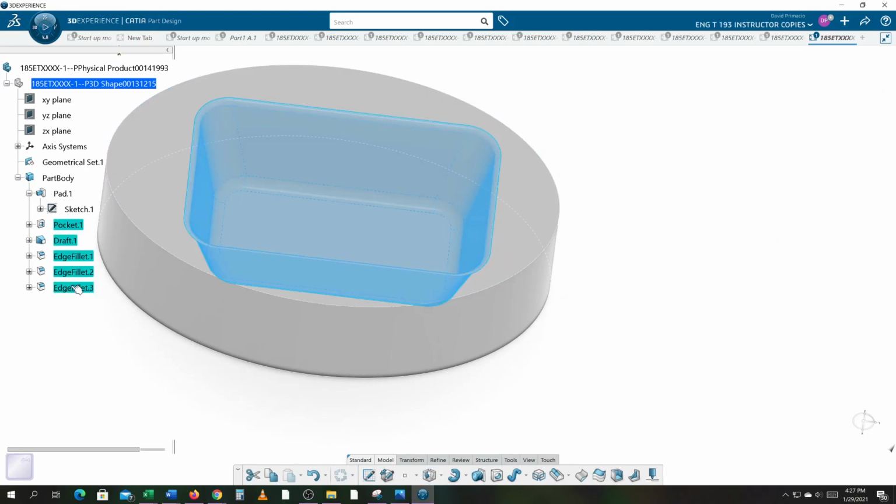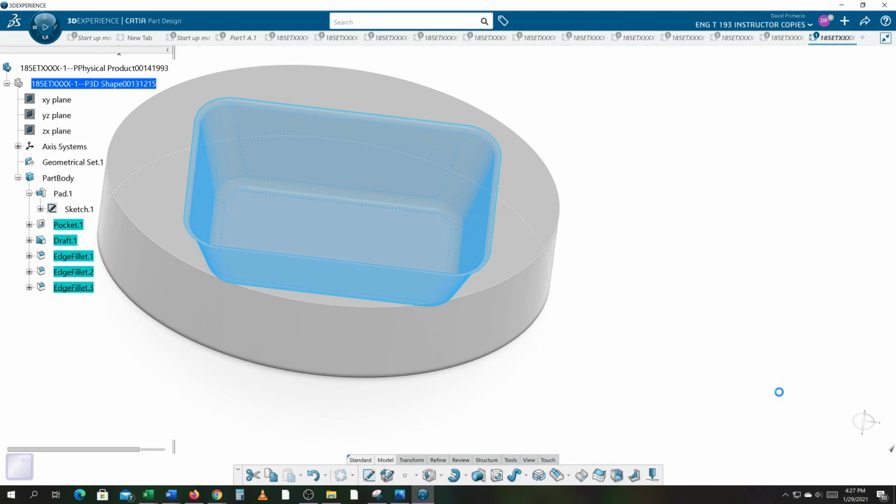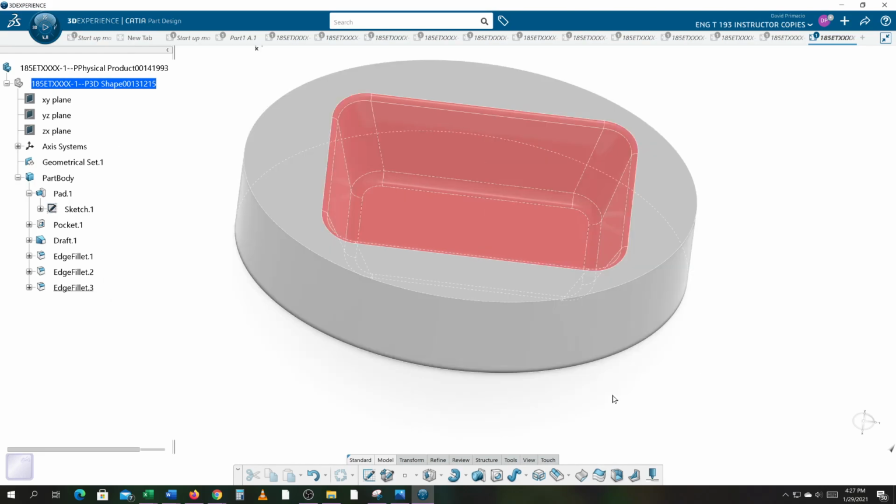I'm going to go to right-click Properties. I'll pick a color to give me a little contrast so you can see the tubs in that. Oh, let's try salmon. And select OK. And there's your pocket with all the draft angles and all the fillets on the top, the bottom, and up and down. Now I can rotate this around, God willing,